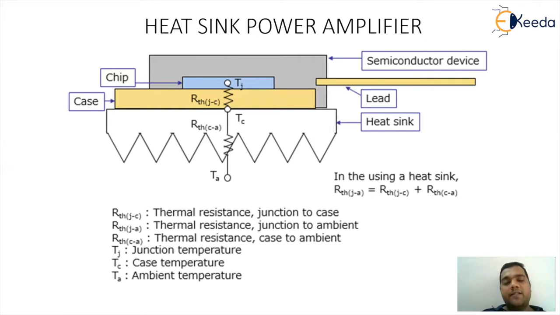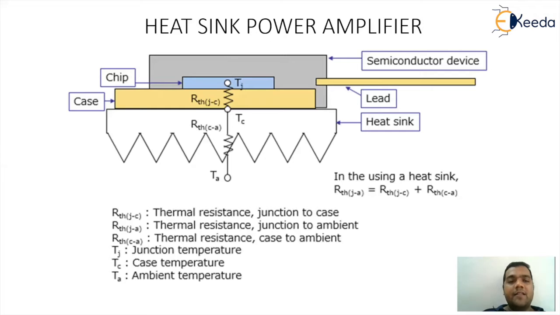The heat that is going to be dissipated by the device will be dissipated through the junction. That heat will propagate from the junction to the case, and from the case it will go to the air. But the entire heat will never go from the junction to the air directly. This implies there is some opposition between the junction and the case, and between the case and the air. That opposition is normally called thermal resistance.